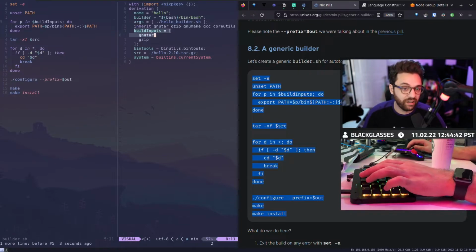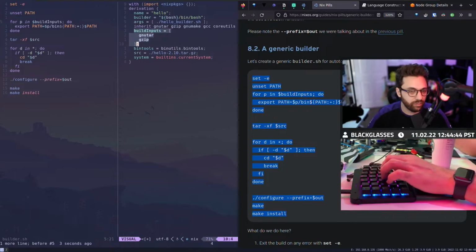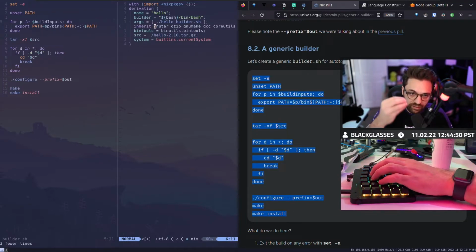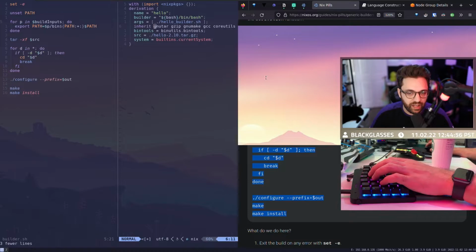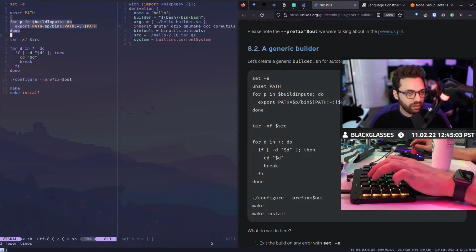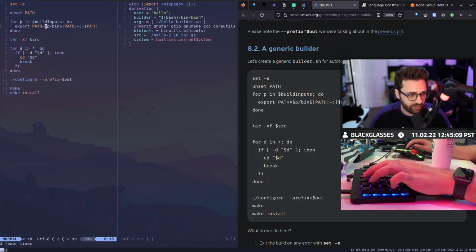If you want to add a value of some sort so that it becomes available to the build, you can. And the main thing to know here is that when it's a derivation, when it's a piece of software or a build of some sort that has already been built, then whenever we evaluate this, these evaluations become paths. And so that's what we're doing here, where we unset the path and then we say, okay, let's actually create a new path export.